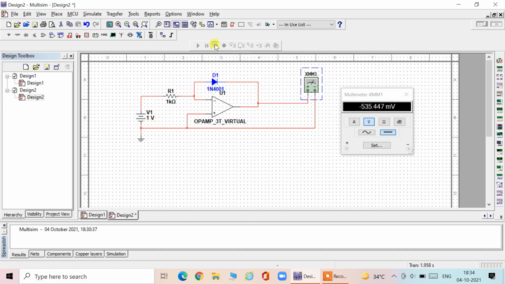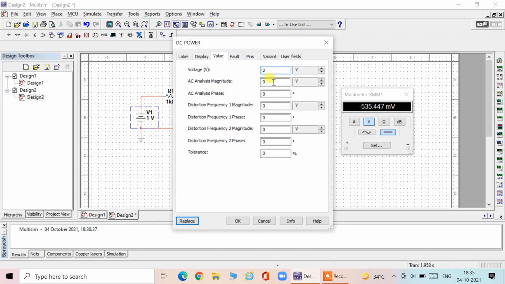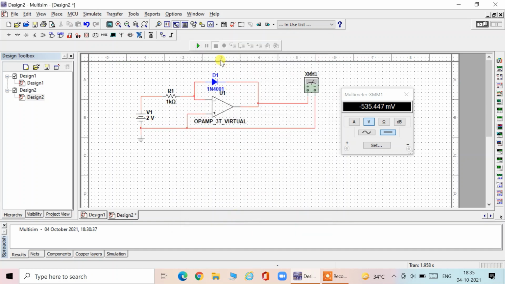If I change V1, what will happen? When I change V1, my output is going to change. Now you can see it here. See, the output has changed, and this change is very small because of the log. One thing you can notice here: when we give positive voltage, we get negative output. So this particular circuit amplifier is in inverting mode. Of course, it is seen to us now.